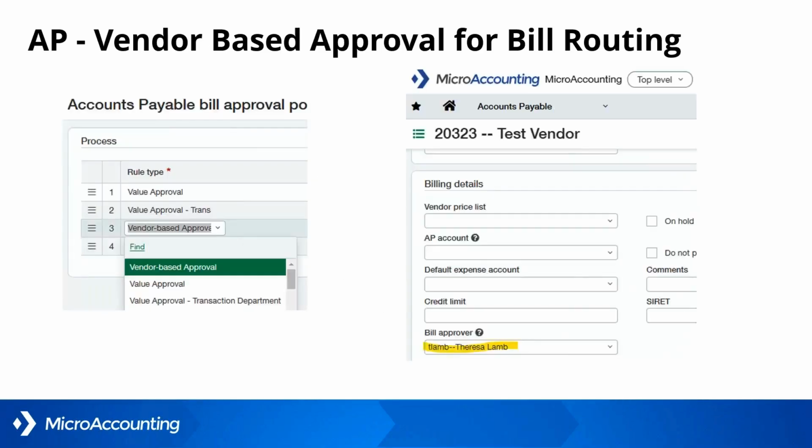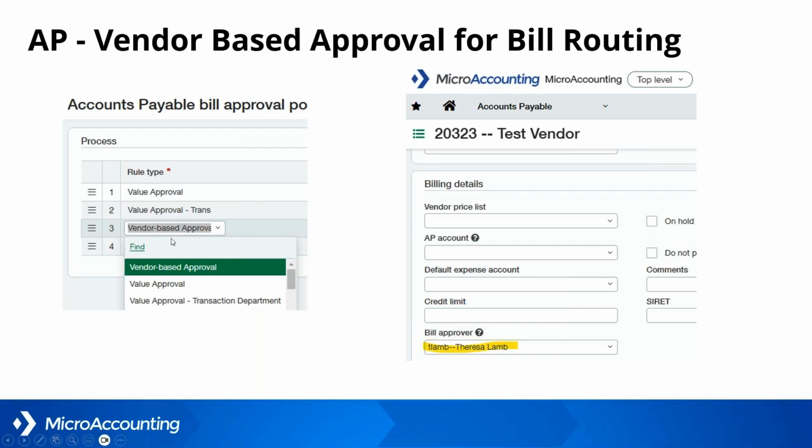Just looking at a couple of screenshots here, on the left is the setup for the workflow. You can see in my accounts payable bill approval policy, I have it set first to value approval, and then value approval for my transaction location, which you can't see because it's cut off, and then my vendor-based approval.